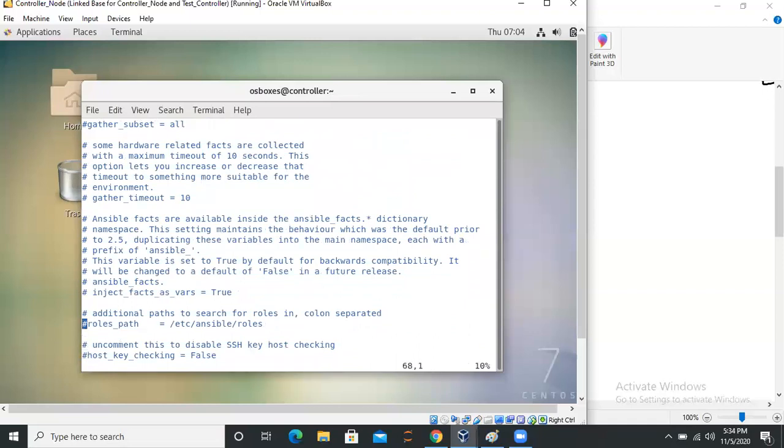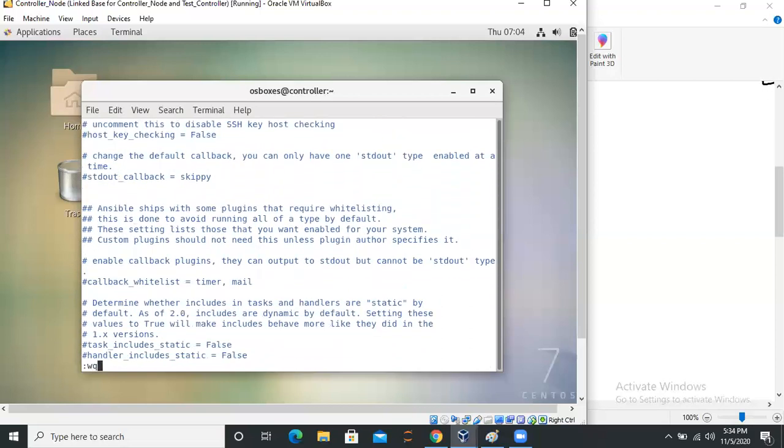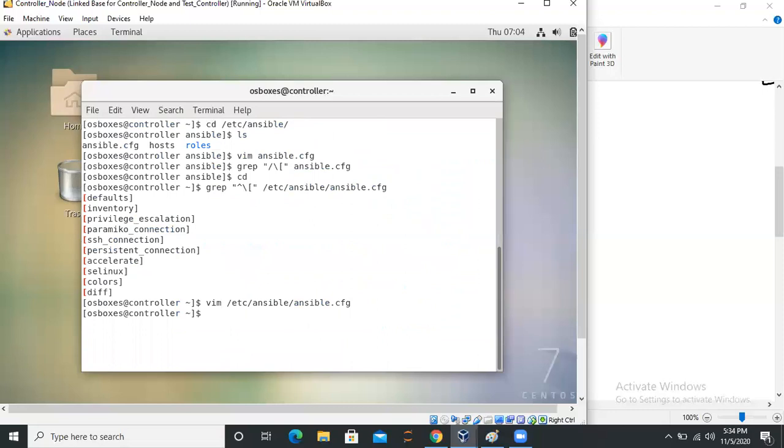We'll see host key checking, rules, path, and inject facts as Ansible facts. What are the facts? Ansible facts. Okay, we'll see everything in the upcoming videos. If I try to answer what Ansible facts are now, you will get confused. Don't worry. We'll see each and everything in this. So let's jump towards the next section. The section name is privilege escalation. I'm so sorry.